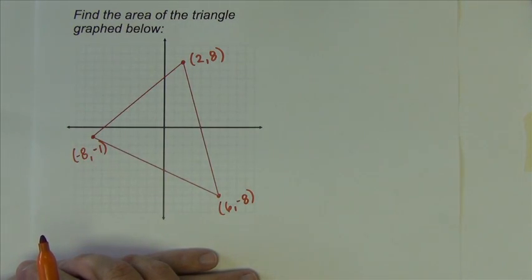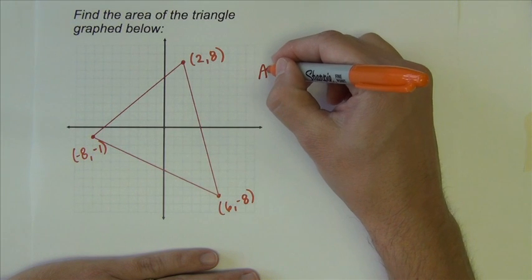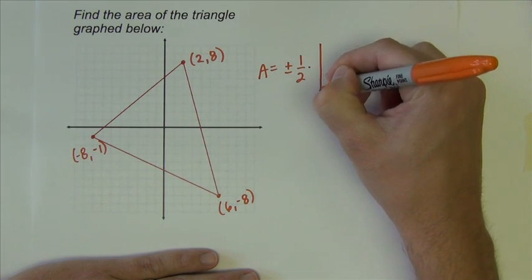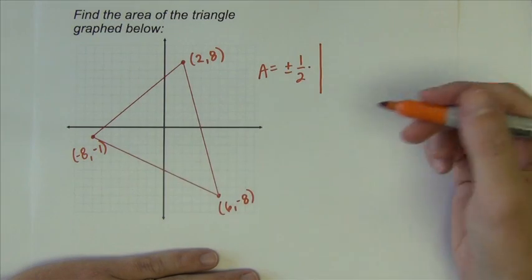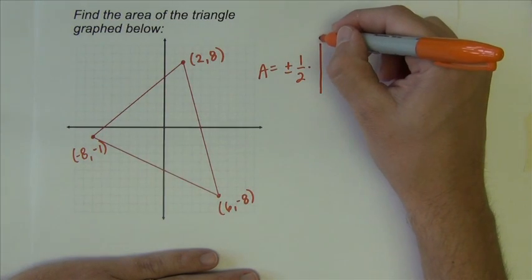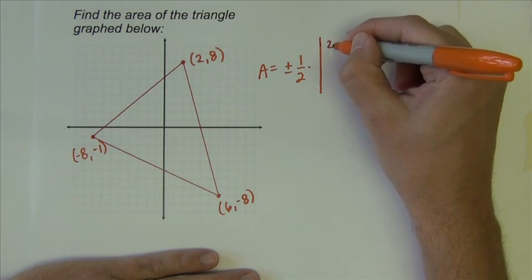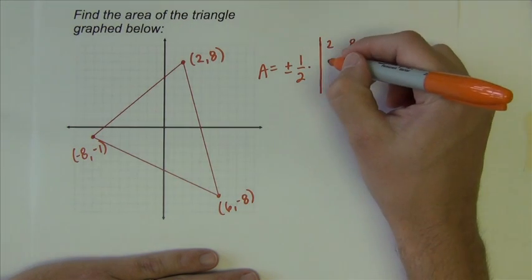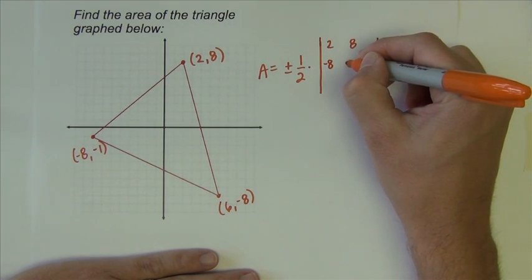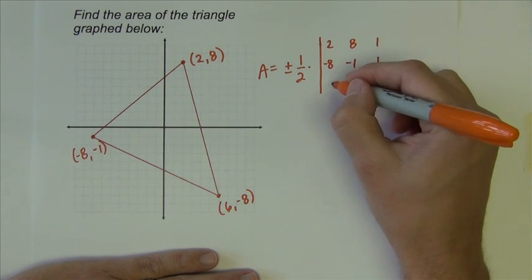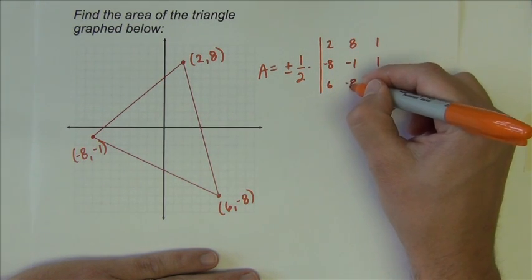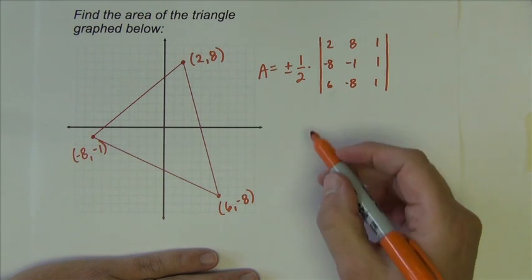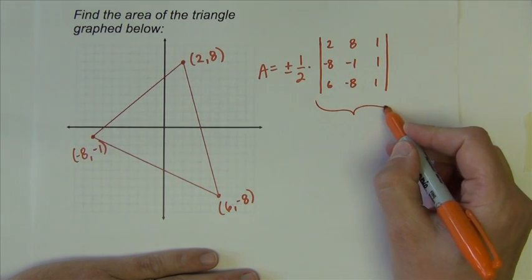Okay, so our area is plus or minus 1/2 times, and the points can go in any order. That doesn't matter how the points go in as long as they are x, y, followed by a 1. X, y, followed by a 1. X, y, followed by a 1. Like that. Okay, I'm going to do this 3 by 3 determinant